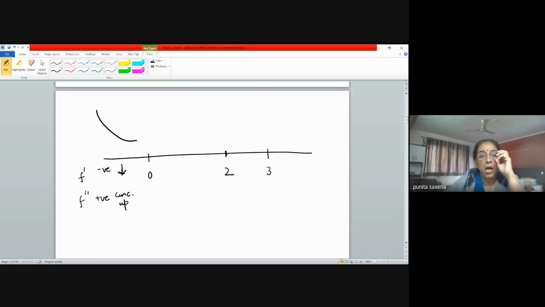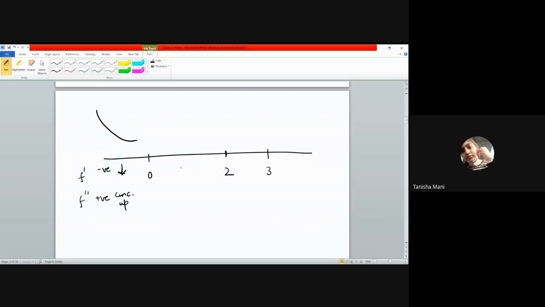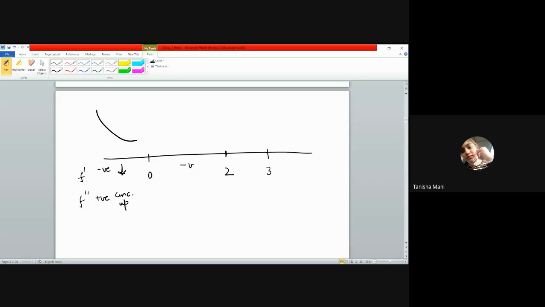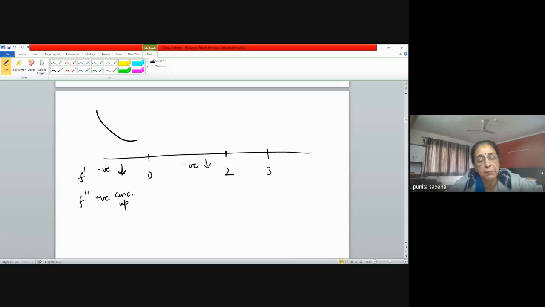Okay? Now, we won't see from 0 to 3. We'll see from 0 to 2 first because 2 is a point of inflection. Right? अब 0 to 2 में, see, in the interval 0 to 3, what was the sign of f dash? Negative. अब फिर से नेगेटिव ही था ना, राइट? नाउ इफ इट वाज नेगेटिव फ्रॉम 0 to 3, डेफिनेटली इट इज नेगेटिव फ्रॉम 0 to 2 आल्सो, ठीक है? तो यहाँ पे नेगेटिव है, तो इसका मतलब यहाँ पे भी डिक्रीजिंग है अभी,